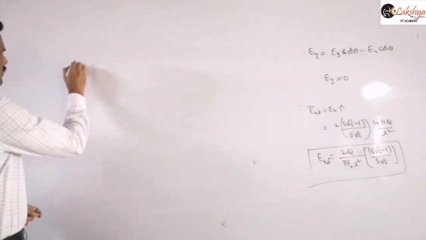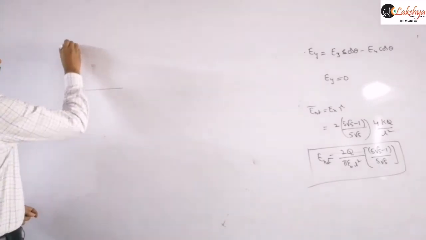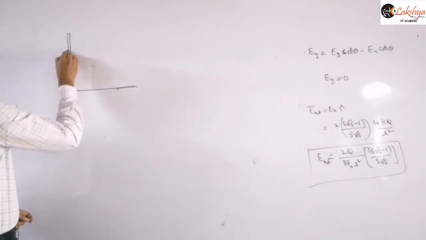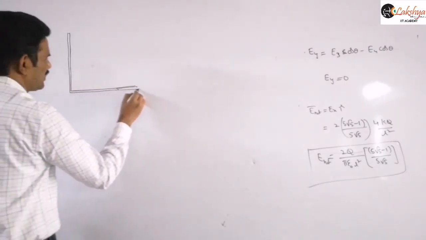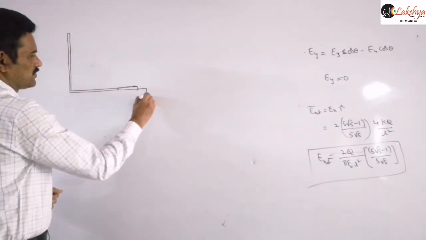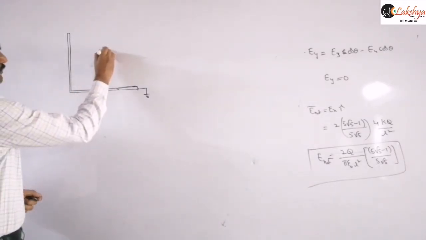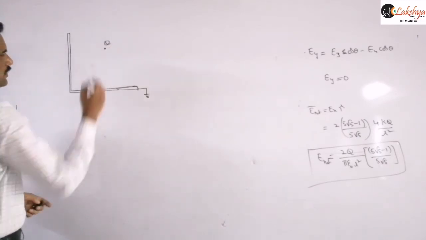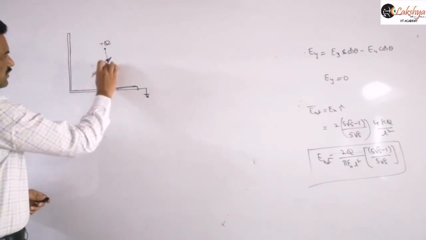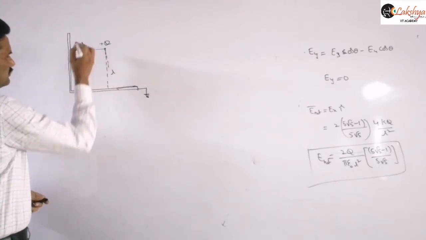Like suppose here that conducting plate is given like this. So that means they are perpendicular, like it is similar to that of two plane mirrors placed perpendicular to each other. Two plane mirrors are placed perpendicular to each other. So like this. So this is a positive charge here. I am placing a positive charge, say at a distance of L from each mirror. This is L and this distance is also L.